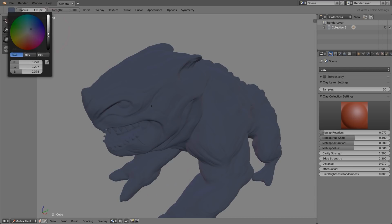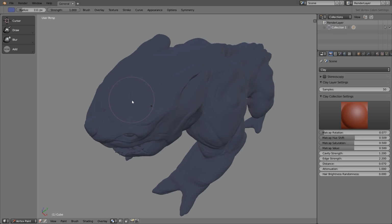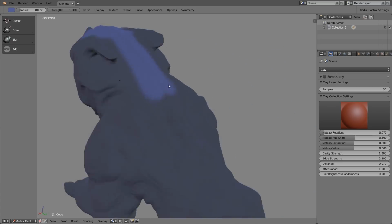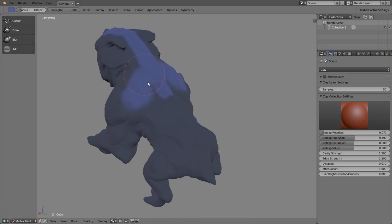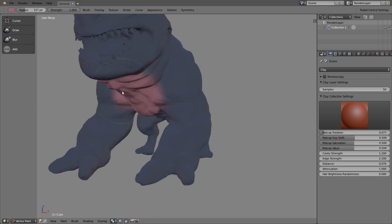Then the next thing is we just pick another color, whatever you like. And the cool thing is we can also enable symmetry. That means if I paint here, it will be mirrored on the other side. And this certainly makes the painting process much easier. So I just added basic colors, then I switched it to a more pinkish tone for below here. Then I added